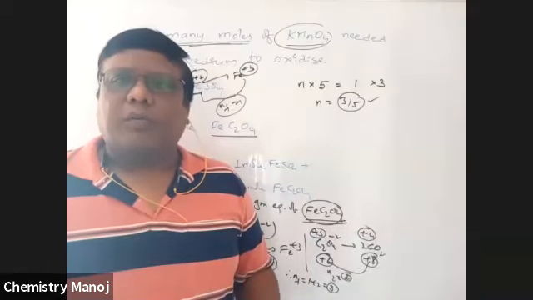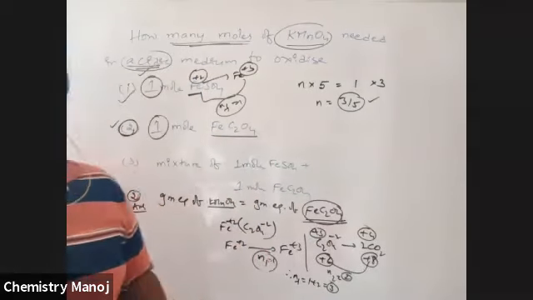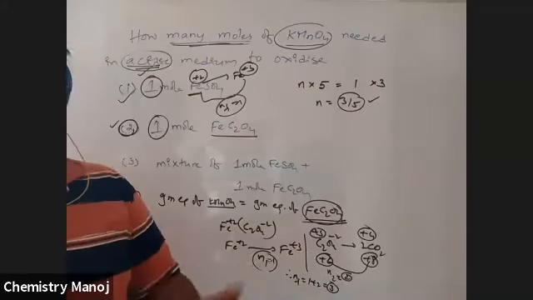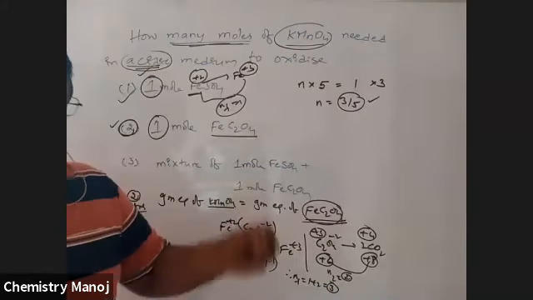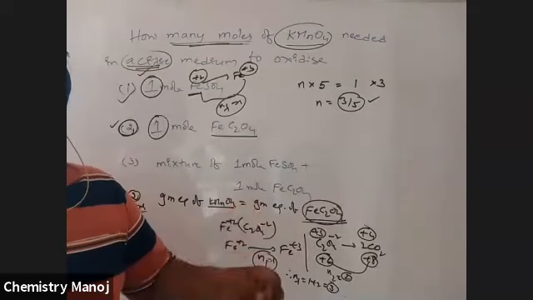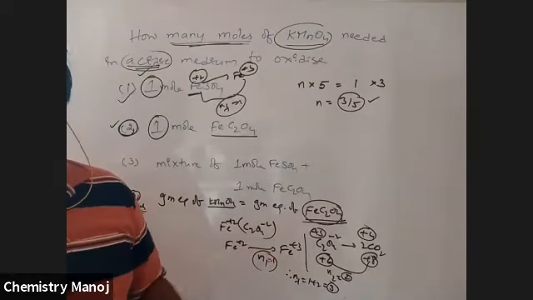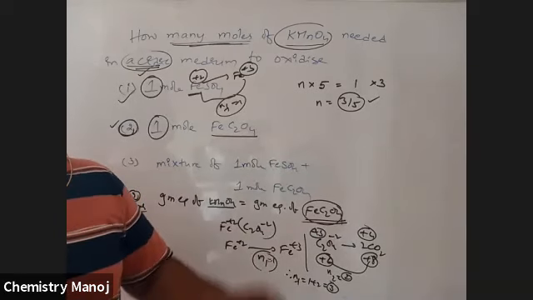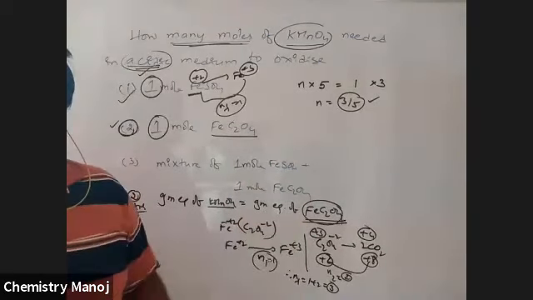Yes, no doubt, no problem. There is an acceptable decimal form, based on your objective bit, there is an option. So those who don't know how to calculate n factor, please go and see that YouTube channel. Very, very important. Otherwise, don't try to solve this problem.